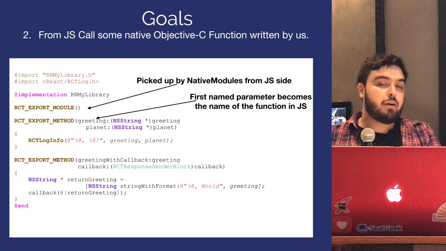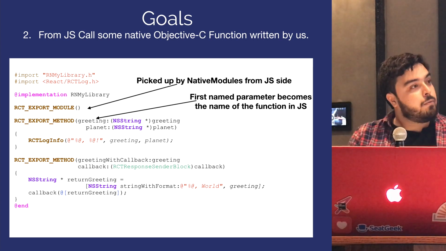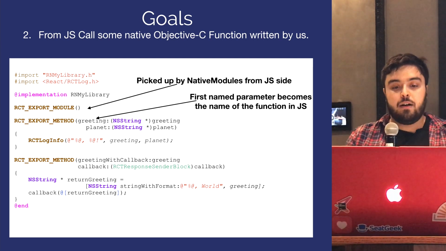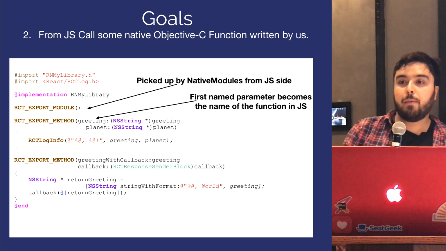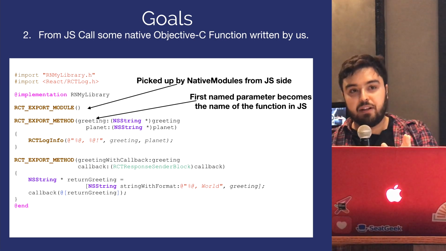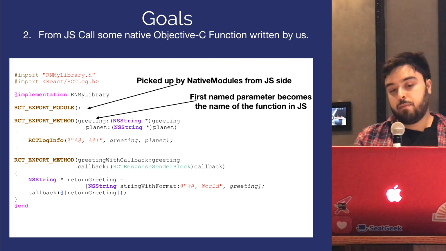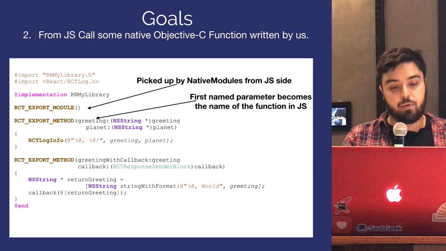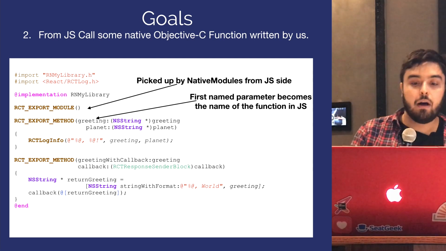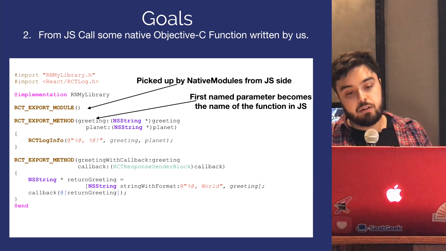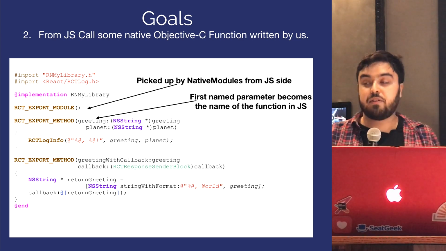There are two methods for the ones that we were showing before. For those of you who don't know Objective-C, the greeting pointed to by the arrow is the name of the parameter, and the second greeting is the name of the local variable within the function. And what we're simply doing with that is putting what we get into a console log that we'll see through the simulator. Now on the other function, we add an extra parameter, which is this RCTResponseSenderBlock,